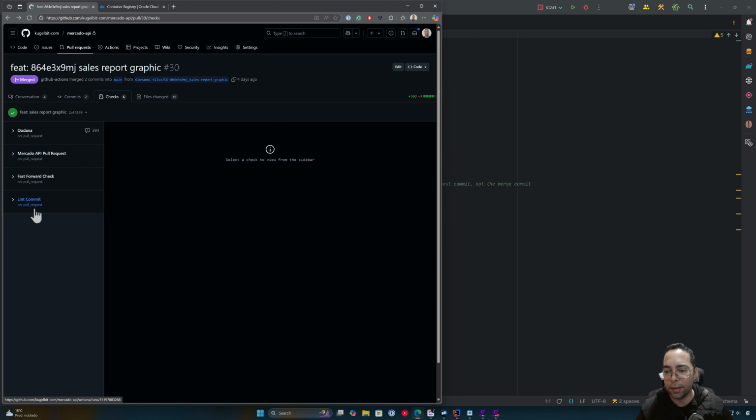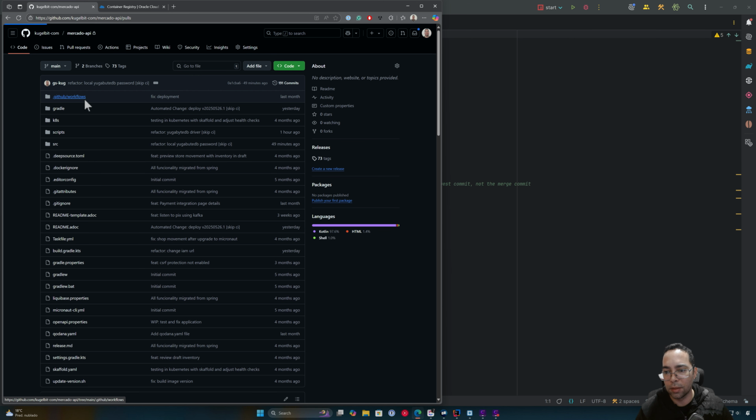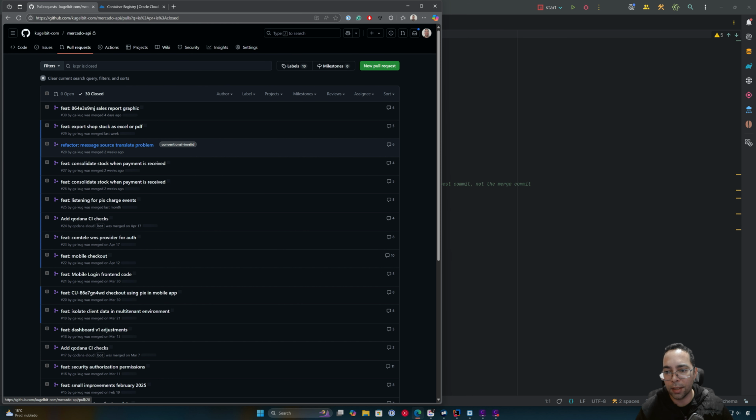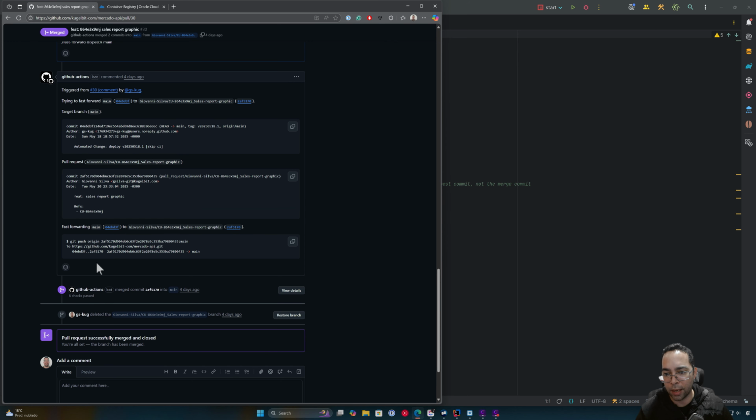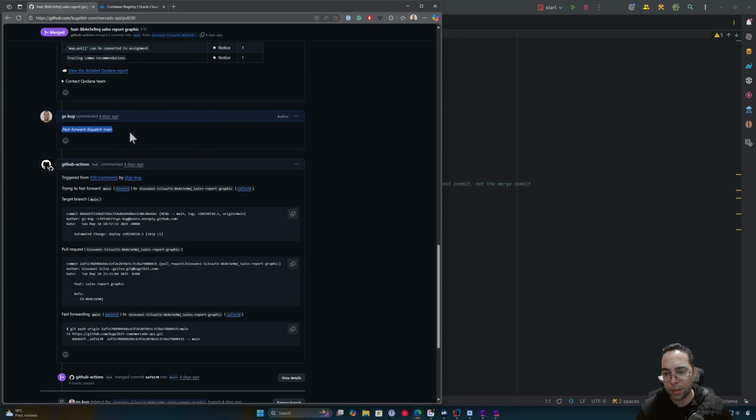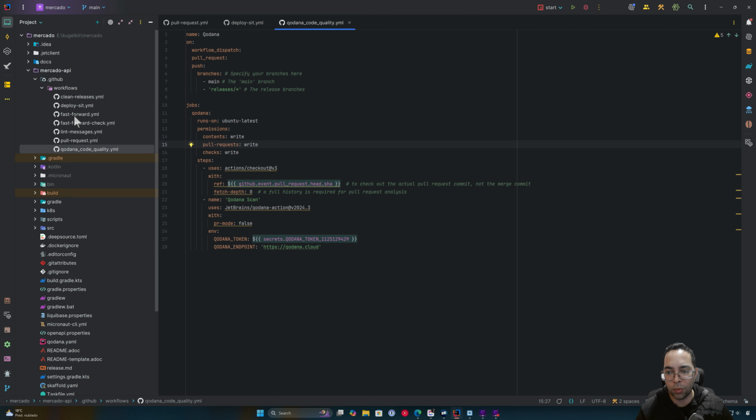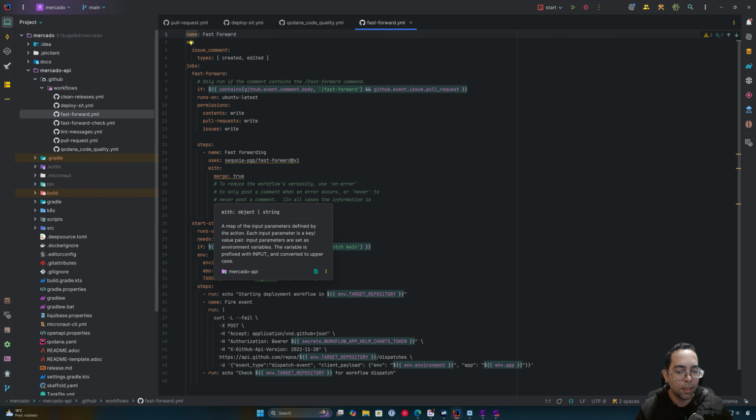Okay, so once the pull request checks are done, we merge the code to the main branch, and that's when the CI/CD starts to happen. Just as a curiosity here, I merged the pull request using one workflow as well. I comment here "fast forward dispatch". Once I comment fast forward, I will do a fast forward because